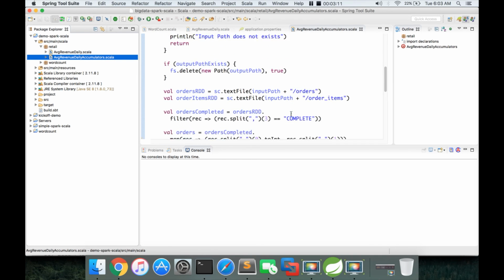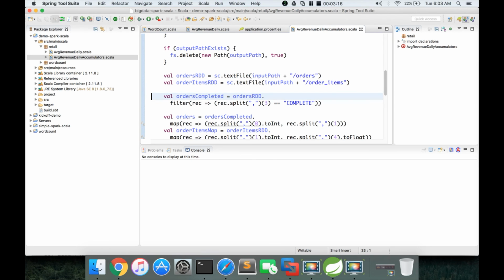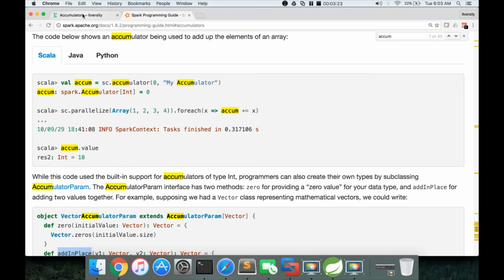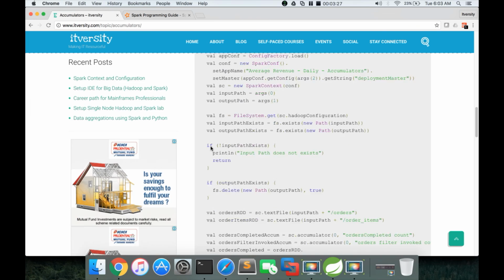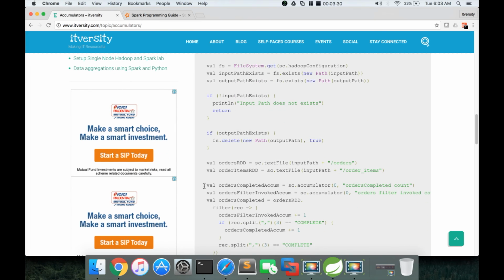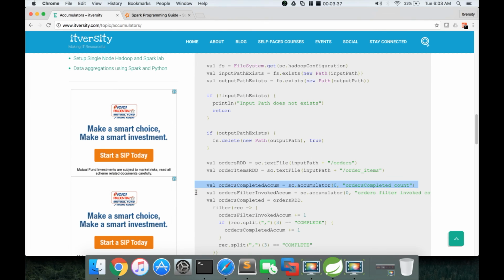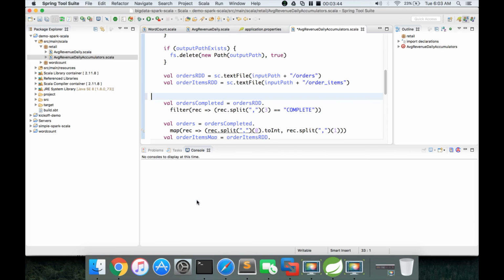And now let us start creating some accumulators. I will create 2 accumulators, in line with the names I have defined as part of the program. I am copy-pasting from here, but I will explain the logic. First I want to see how many orders we are trying to process and how many are actually filtered.